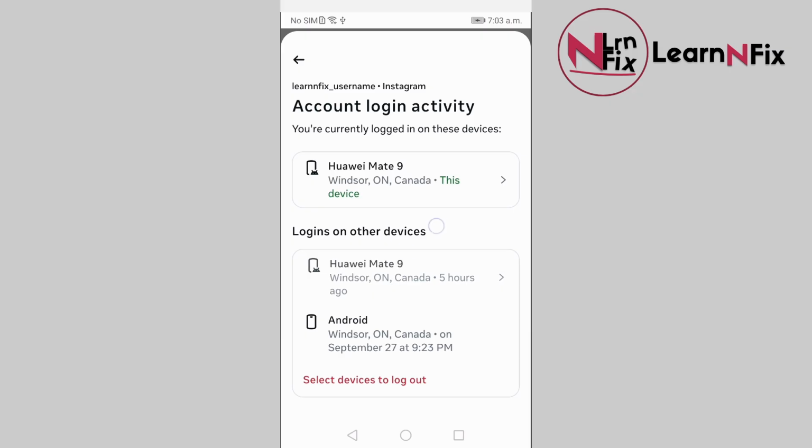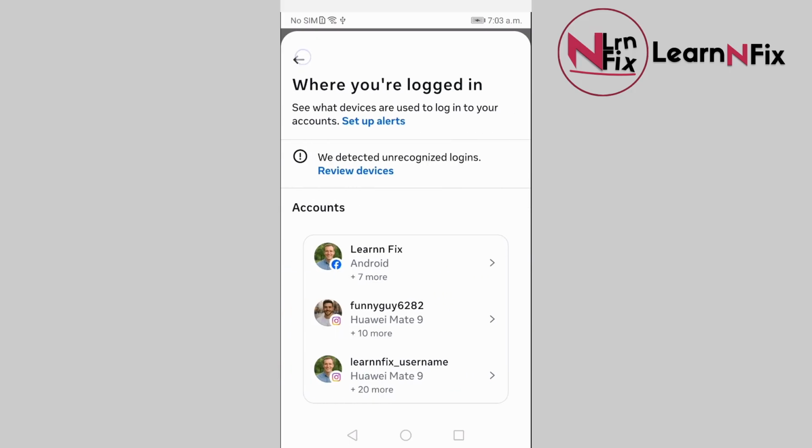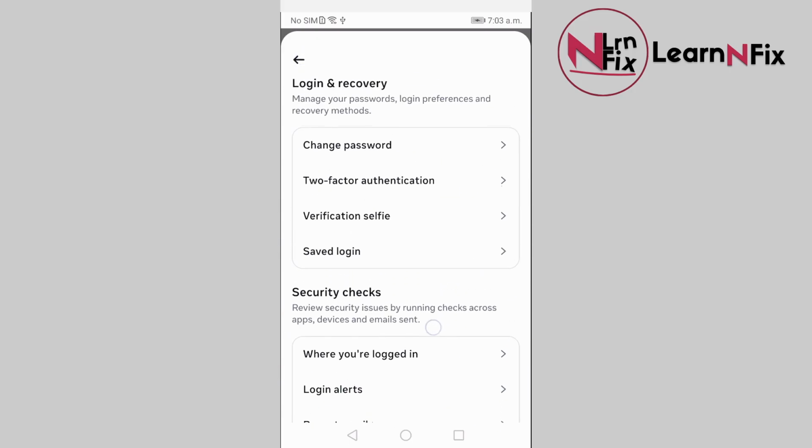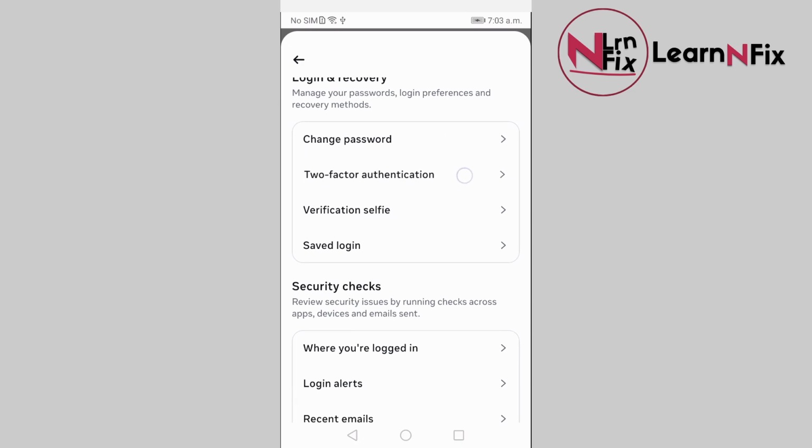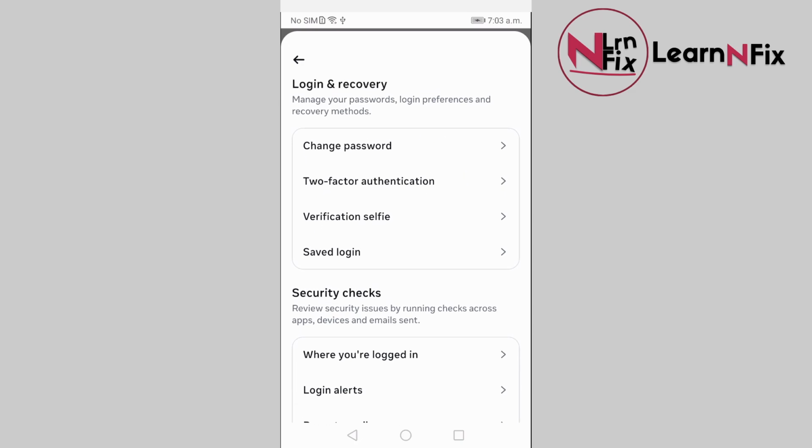If you see any unknown devices, weird devices, simply log them out in this section. And after that, you definitely want to make sure to change your password and add two-step authentication to make sure your Instagram account never gets